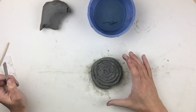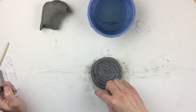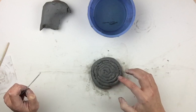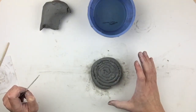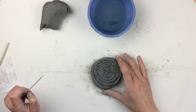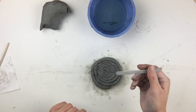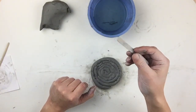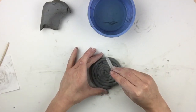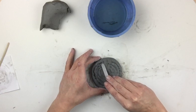So to help keep our cup together and strong, this is our bottom. This was the first time we've made coils, so it probably looks pretty rough. That'll happen the first time we do anything. So we're going to go ahead and reinforce this by strengthening it. So you can take your popsicle stick, and we're going to smooth the